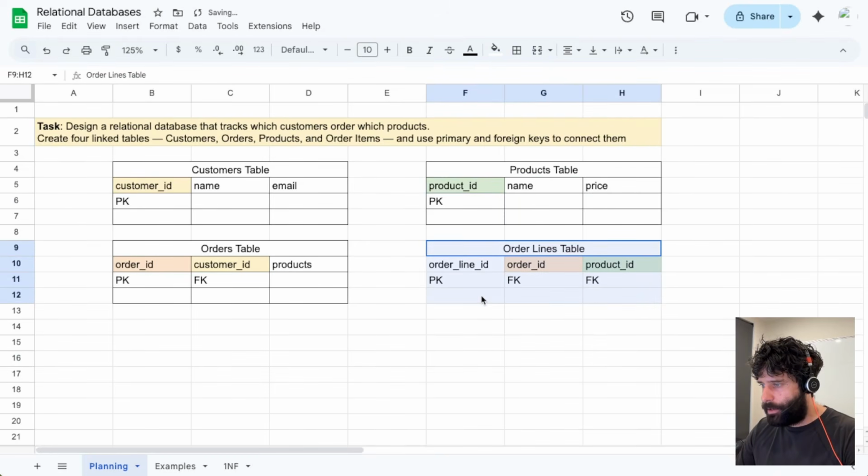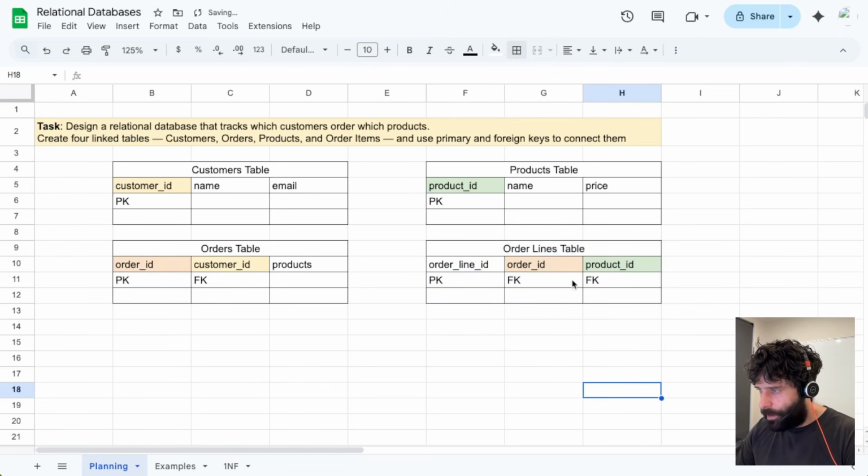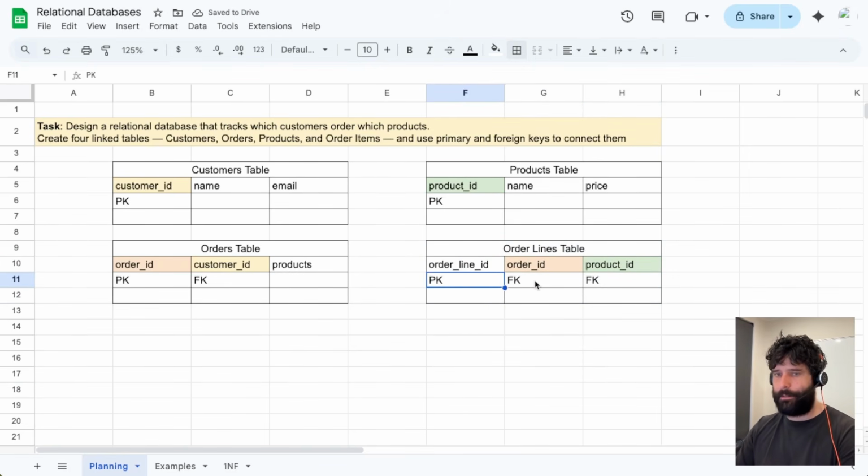So the interesting thing is that for a table like this, we're just seeing the order line ID, which doesn't give us much information as a human on our front end. Same thing with the order ID, same thing with the product ID. But if you were to actually trace this back, you'd be able to see that this order line ID relates to this specific order, which relates to this specific customer, and same thing with this product. You can trace it back to this table, and you can see that the product relates to this specific name,